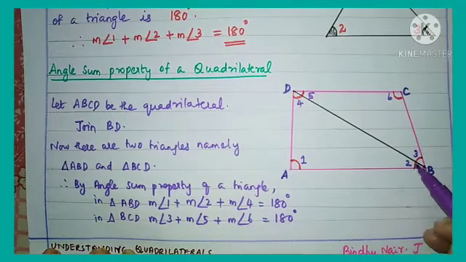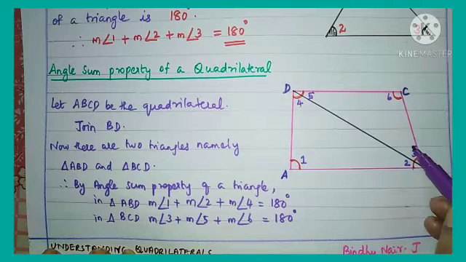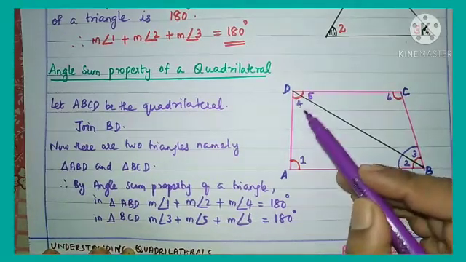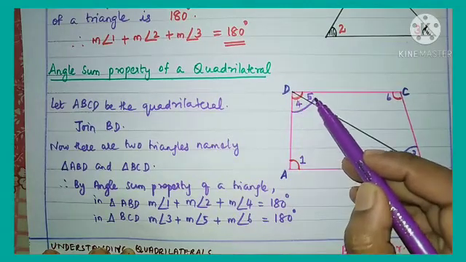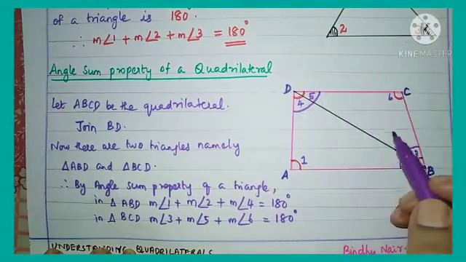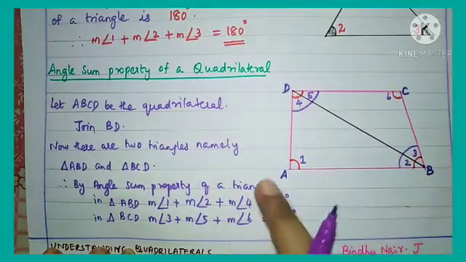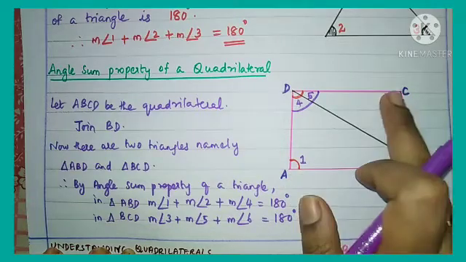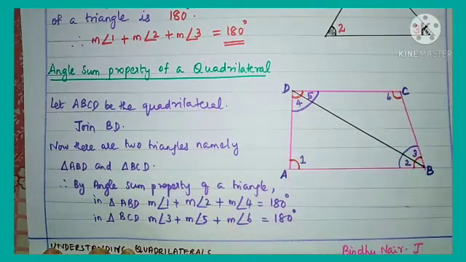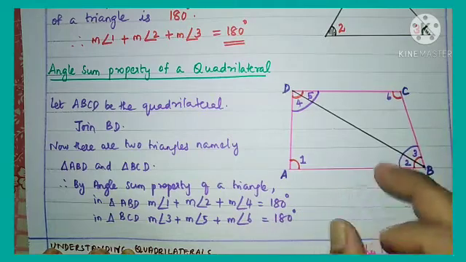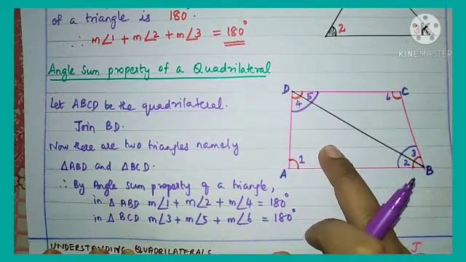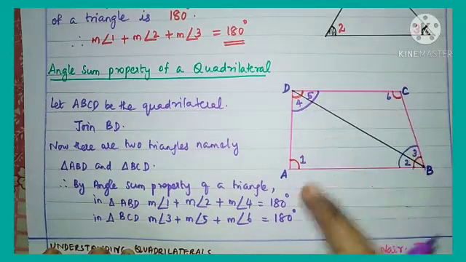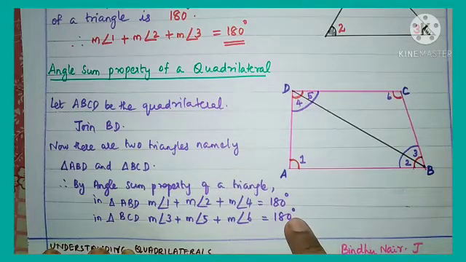Now you see in the diagram, children, what is the sum of angle 2 and 3? Yes, the sum of angle 2 and 3 is this total angle, that is angle B. Similarly, the sum of angle 4 and 5 is the total angle, angle D. Anyways, in the quadrilateral, there are 4 angles: angle A, angle B, angle C and angle D. So when you add the angles of the first and second triangle, what is the total sum of the measures? 180 degrees plus 180 degrees.